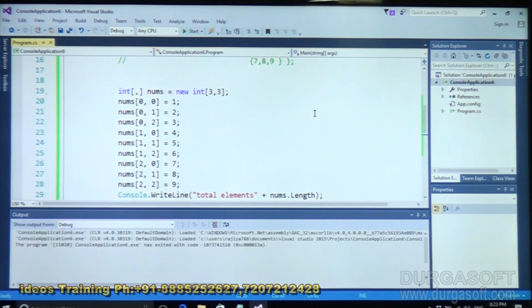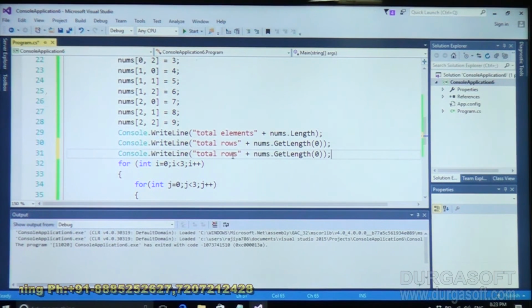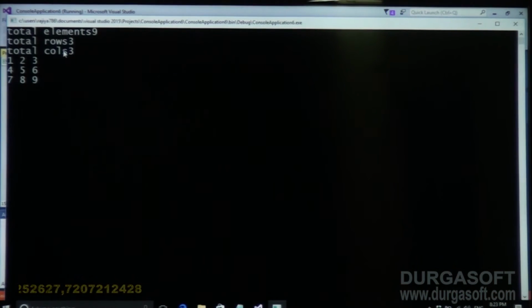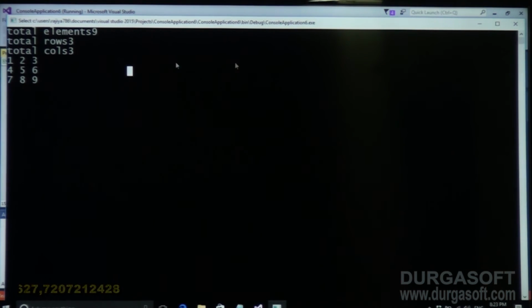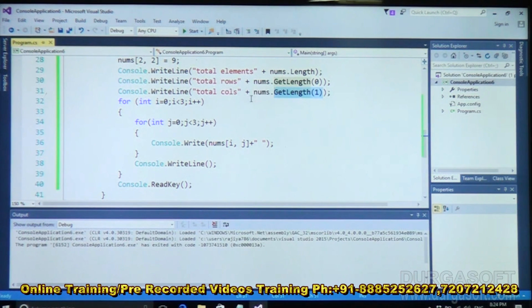Next, same thing for finding out the total number of columns. Here I give 1. So it will return the total number of columns in the array. So here 3 columns. So these are the predefined methods to find out the total number of elements and the total number of rows and